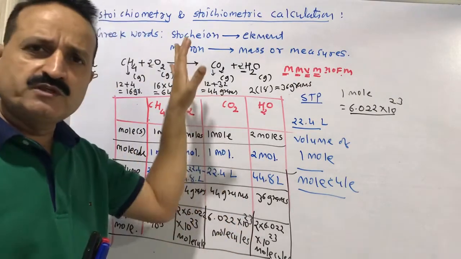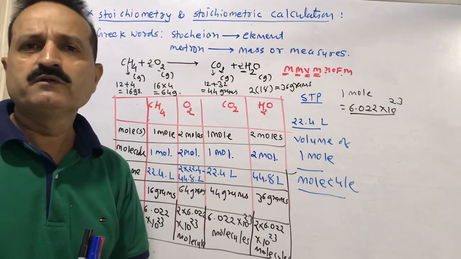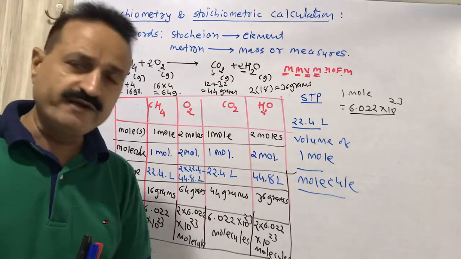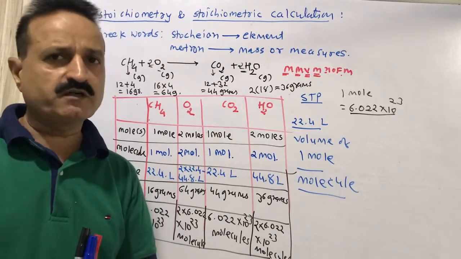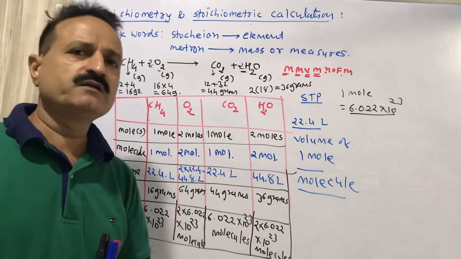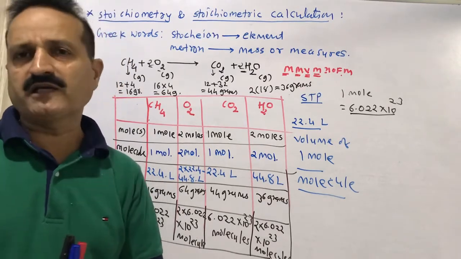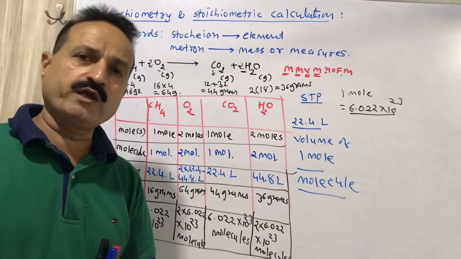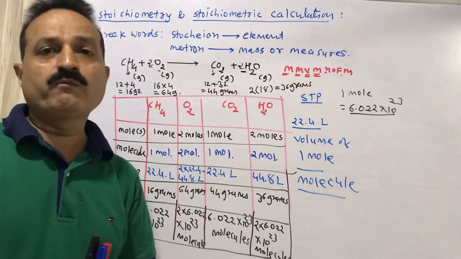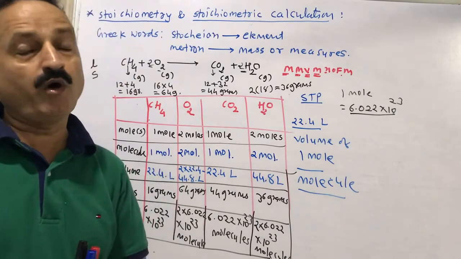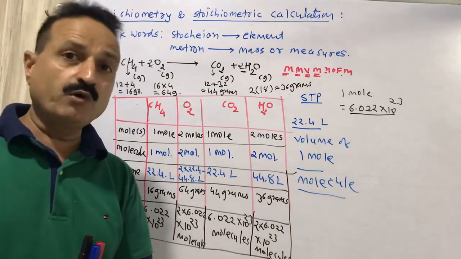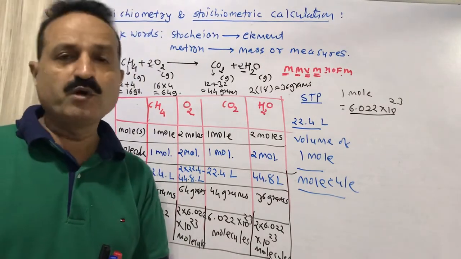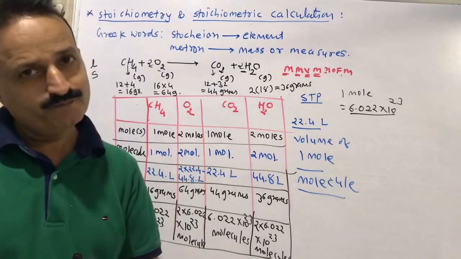We must follow these 5 pieces of quantitative information so that we can express the chemical equation properly. So now it is clear. You can express the combustion reaction of methane. Methane reacts with dioxygen, products are carbon dioxide and water. One molecule of methane will react with 2 molecules of dioxygen, giving 1 molecule of carbon dioxide and 2 molecules of water. 1 mole of methane will react with 2 moles of dioxygen, giving 1 mole carbon dioxide and 2 moles H2O.